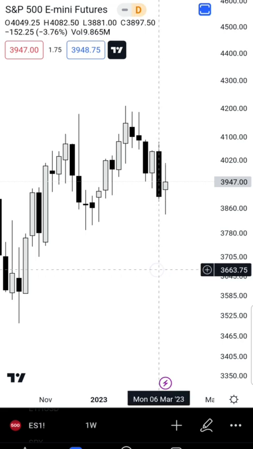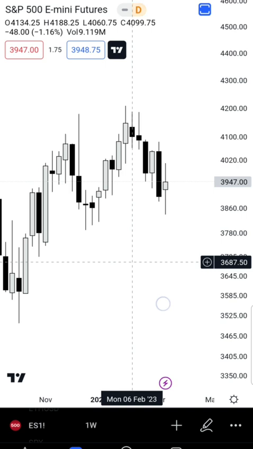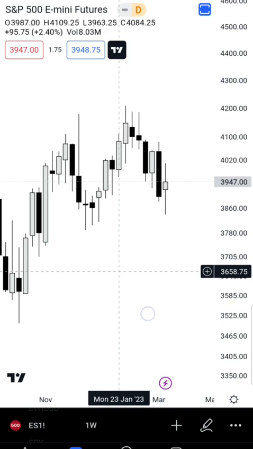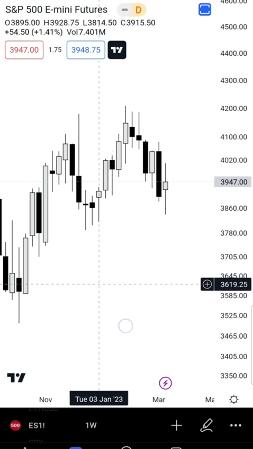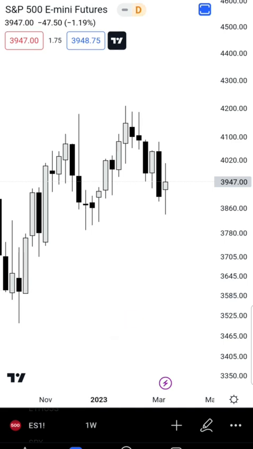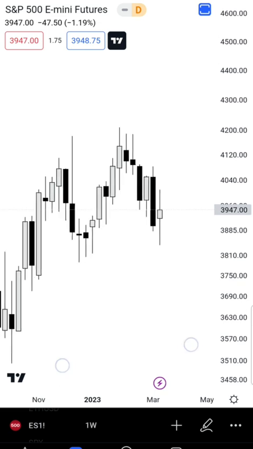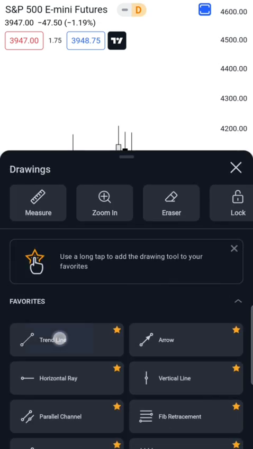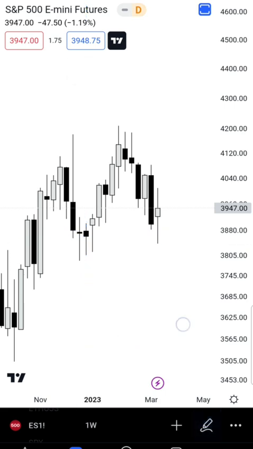So we go 1, 2, 3, 4, 5, 6, 7, 8, 9, 10, 11, 12. All right. And then within that time period, we mark out the PD arrays. Now, before I mark the PD arrays, there's something more important than the PD arrays, which is